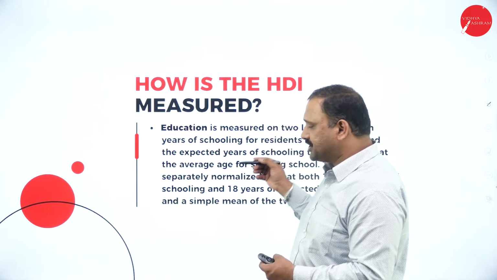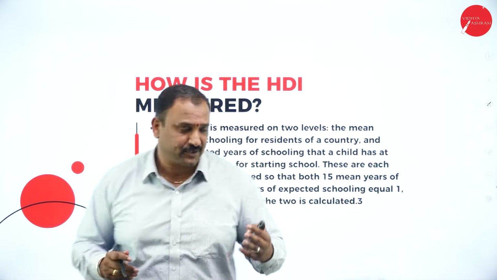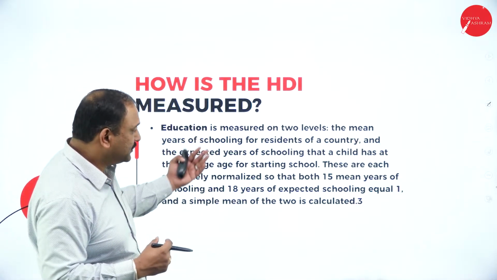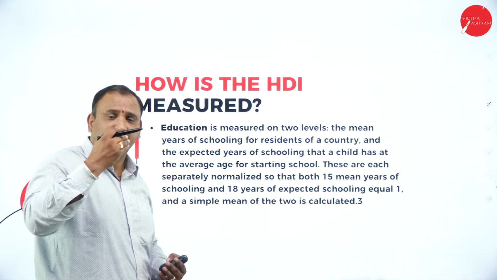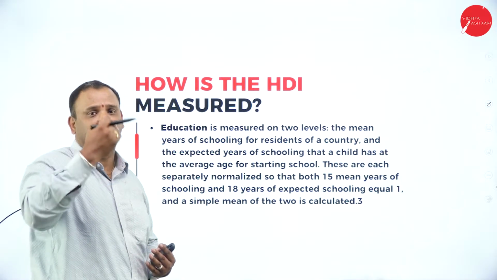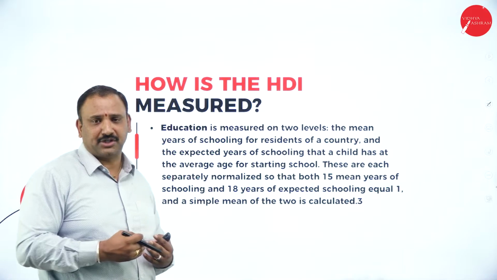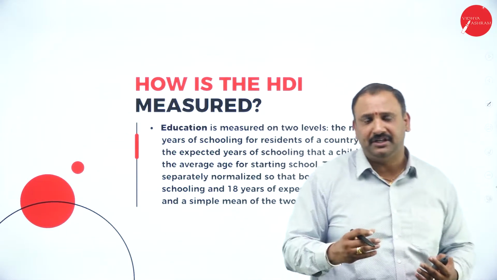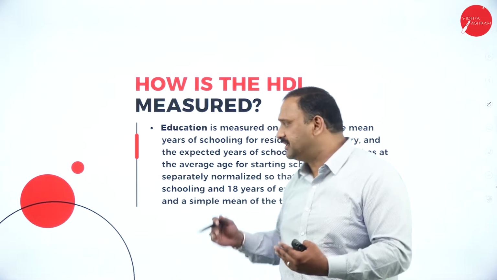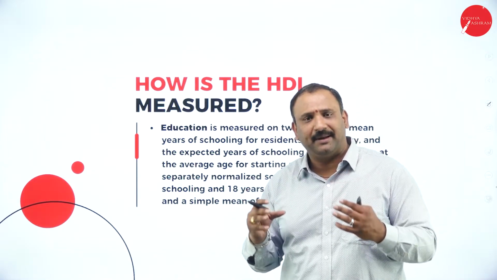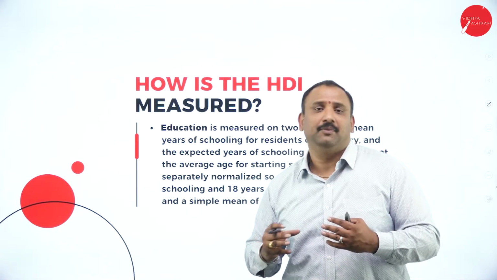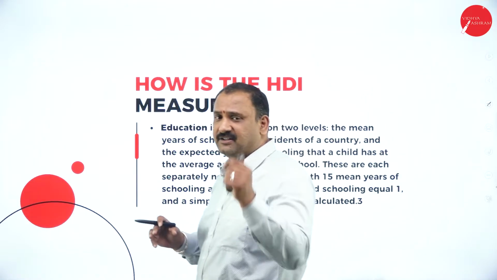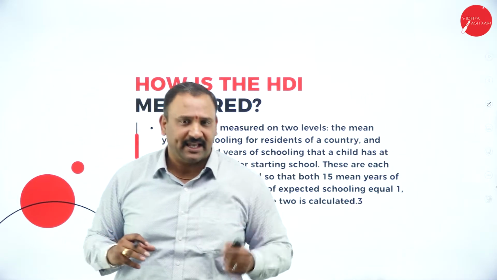Now, education, which is measured in the number of years of schooling that you have undergone: what is the expected level of schooling in your country, starting from primary education to secondary, to high school, and finally up to your graduation. In India, we made schooling compulsory up to the age of 14 years, and now we have tried to extend it to 16 years. We have been trying to make people more literate, more skill and talent oriented, but nevertheless, this factor is going to be counted in the HDI scale.